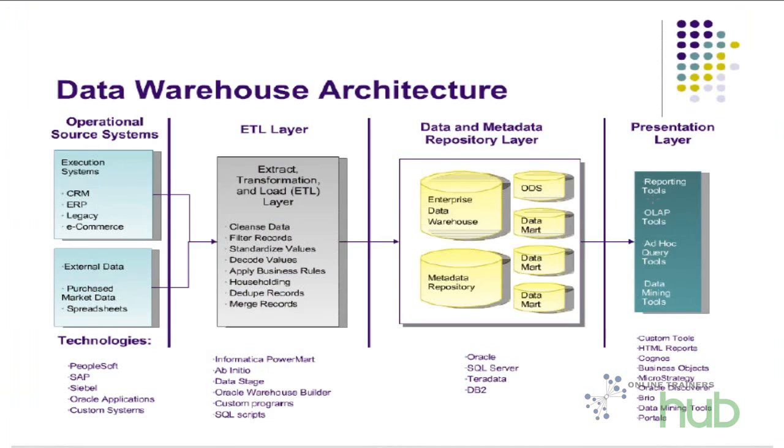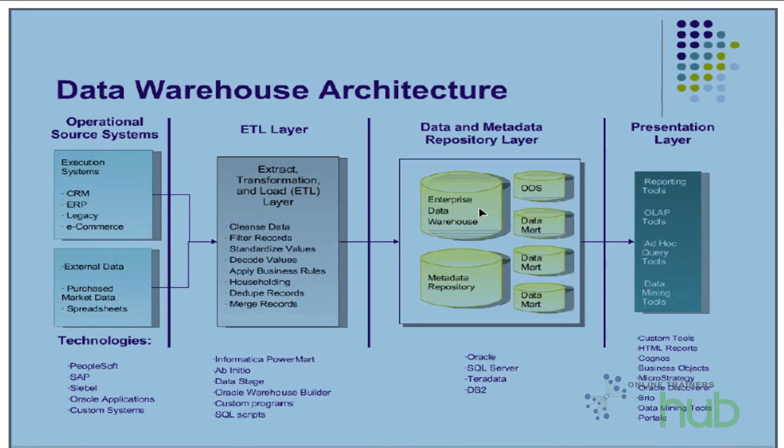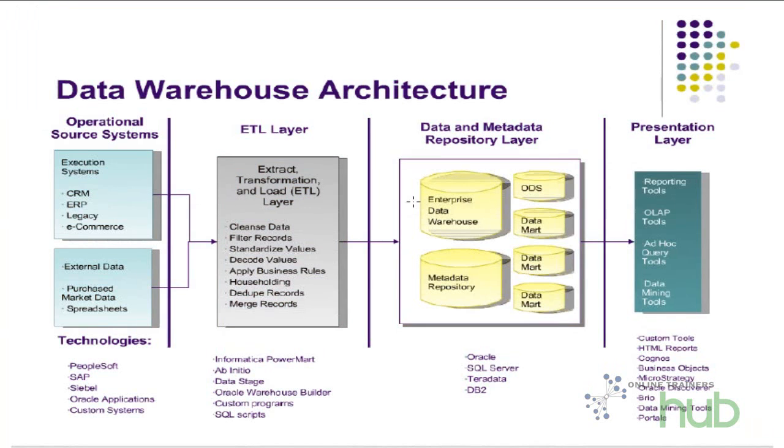Yeah? So these are the 4 layers we have in data warehouse architecture. Yeah? So that's what you can see. Now let us try to talk about what happens on each of these layers. So first and foremost is